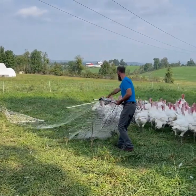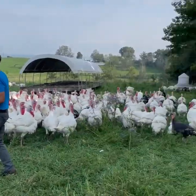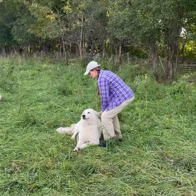We pick them up from Meyer Hatchery, and for the first few days, the chicks need a lot of extra attention because they're quite small. They can't regulate their body heat. So we keep them in what we call a brooder, which is a warm area up close to the house so we can keep an eye on them. After about 2 weeks in the brooder, we gradually lower the temperature each day, and they're ready to